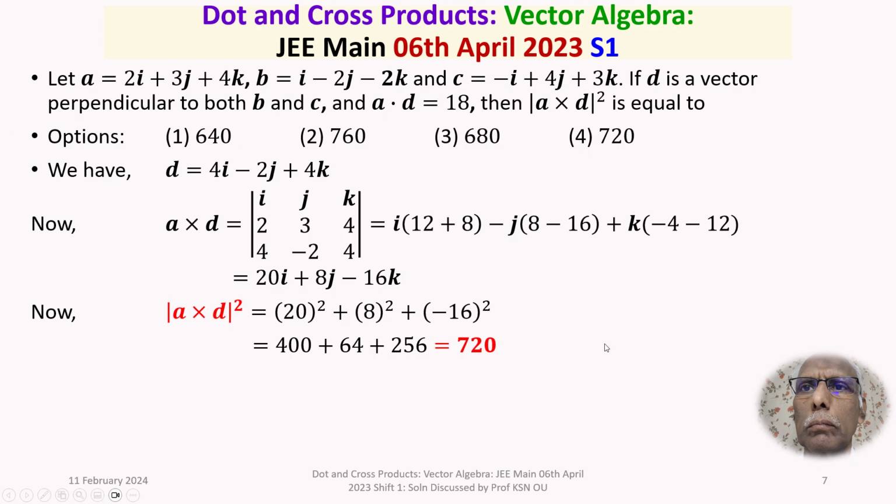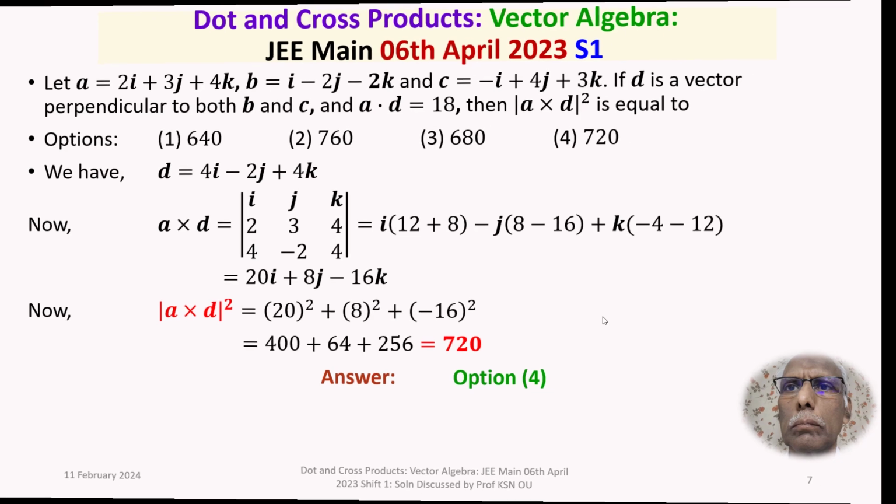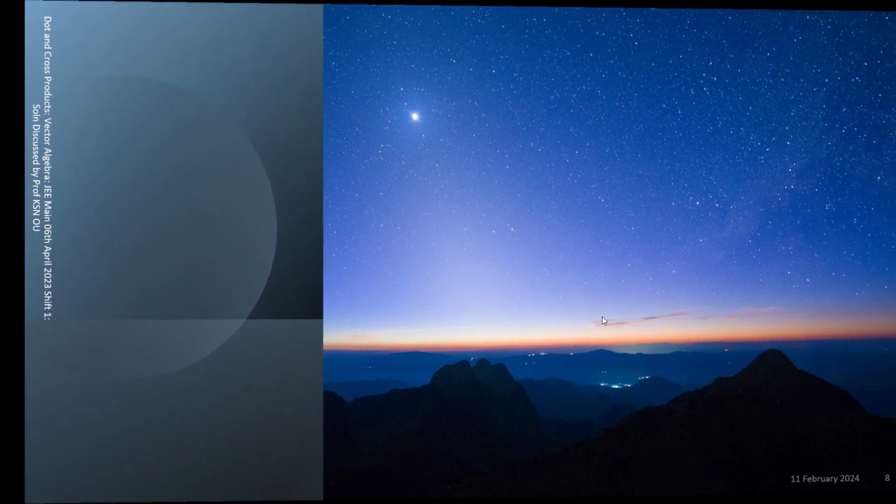So the answer to this question is option 4, and that is the detailed discussion of the solution of the problem related to the concepts of dot and cross products of vectors from vector algebra. And it is definitely a very easy question. I am sure that you have understood the solution of this